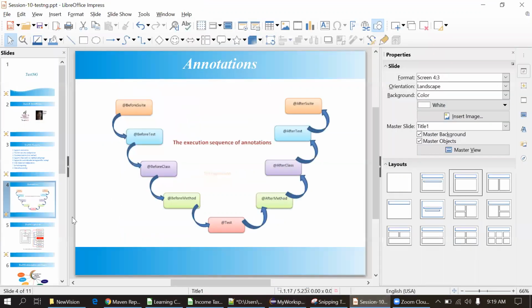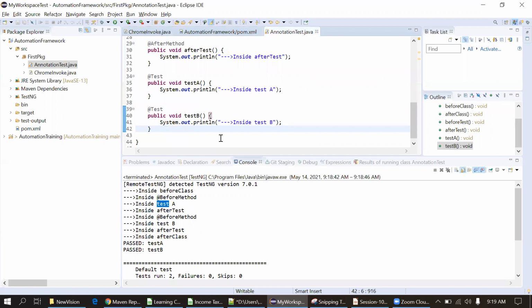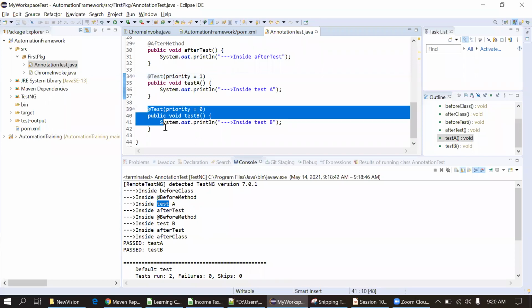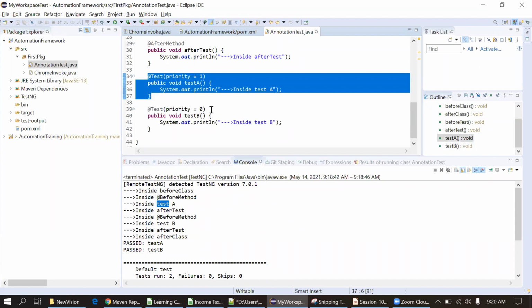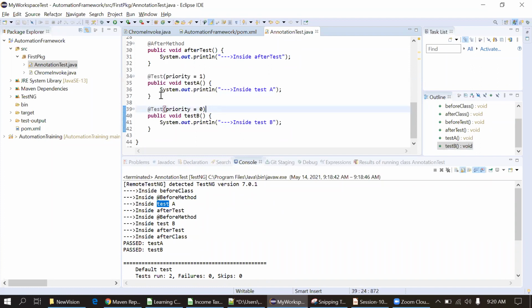Fine. So, Yogesh, we can also give the priorities to the @Test, right? Yes, we can give the priority as well here in the bracket. Zero. Then we can give priority here. That again I'm going to cover in the next slide. So this will execute first and this will execute last, because the least priority will execute first and then again in ascending order actually. So this will be the first and this is the last.